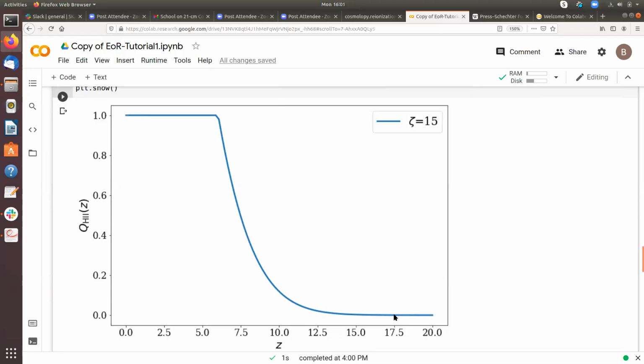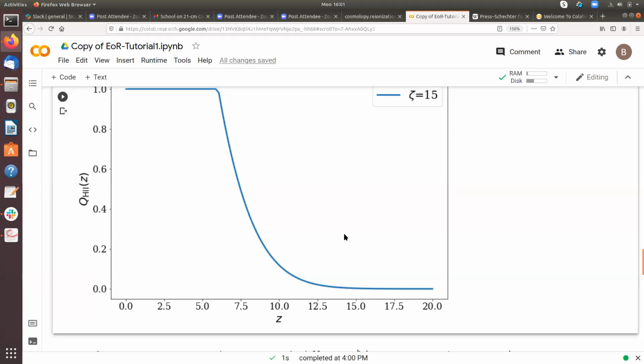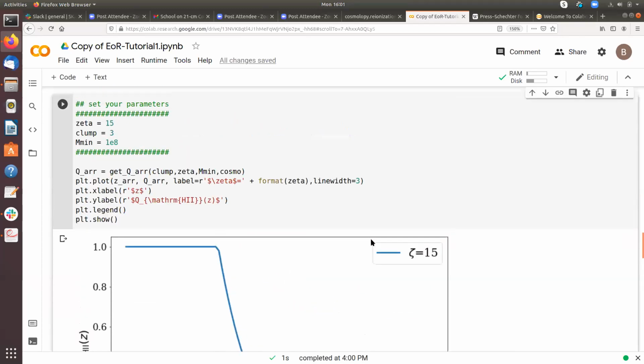Now as we move to lower and lower redshift, reionization proceeds, and the ionization fraction starts to increase, and at some point, something like redshift 6 or so, reionization ends and the ionization fraction hits a value of 1. So this is how the reionization process proceeds, and I have plotted it for 3 fixed parameters.